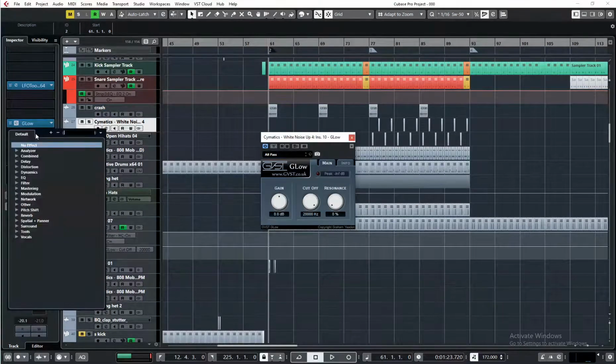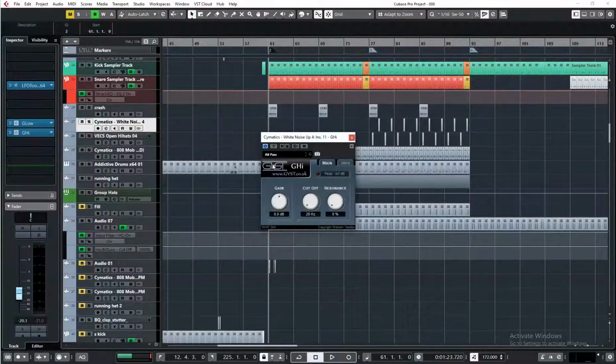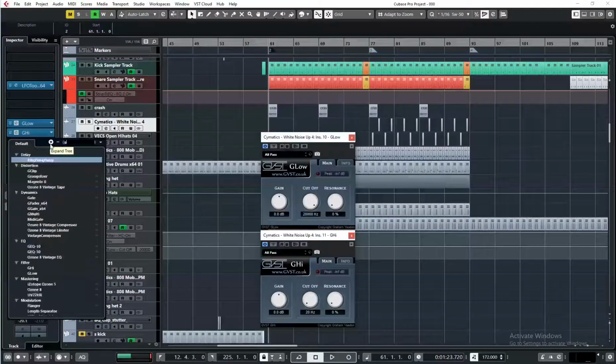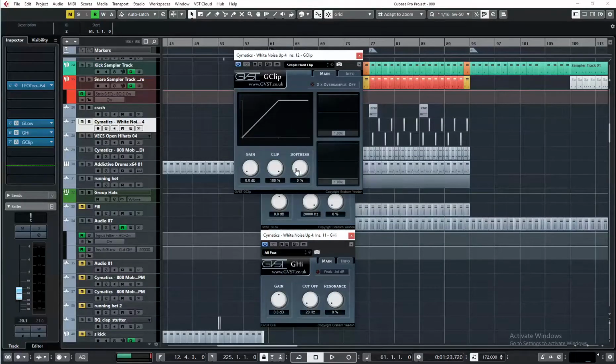I have G high. I really like these filters, their algorithm. Also, I use GClip. It's a general saturator, waveshaper, has oversampling and very easy to use. And also this